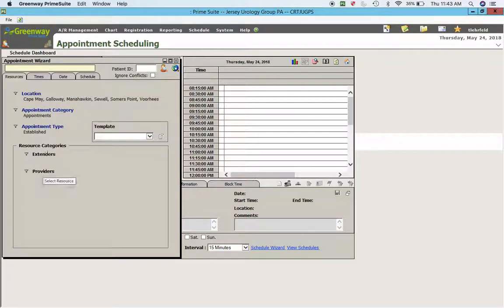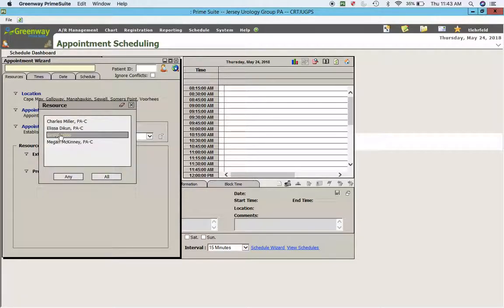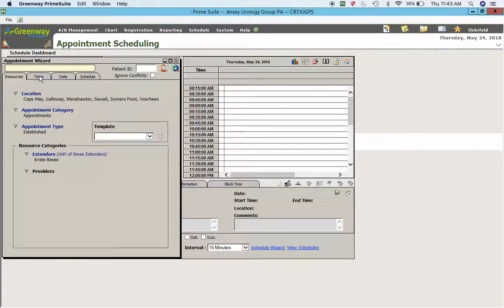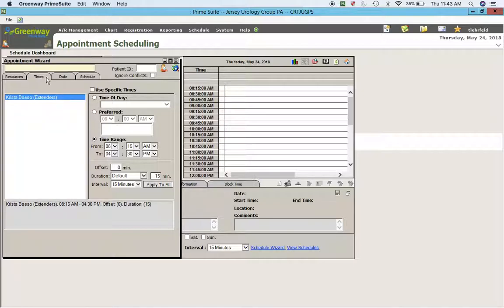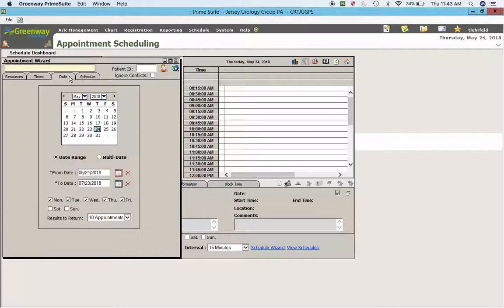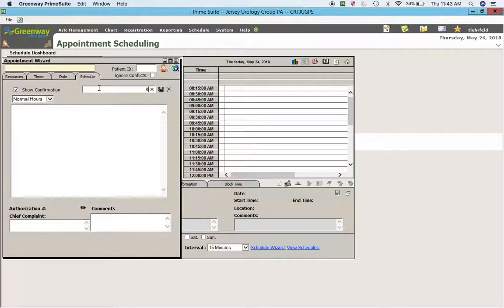And it doesn't matter if I choose providers or extenders. I'm going to do Krista Basso. So times, you would only change this if there's a combo appointment, but basically whatever time it gives the patient, that's what it is. It's 15-minute appointments. Dates are going to be automatic, and we're going to call that KB